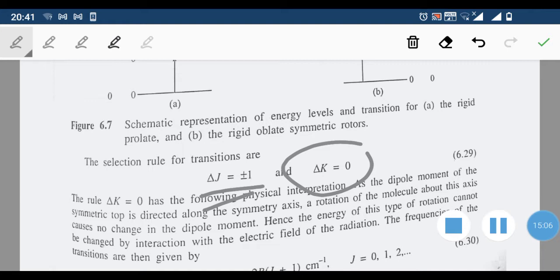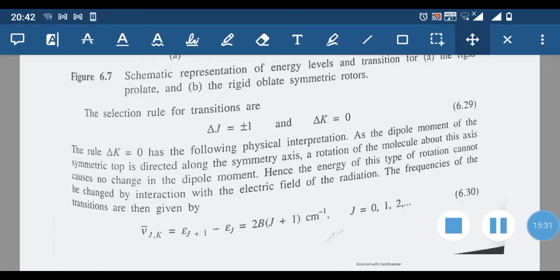The meaning of delta K equal to 0 is as follows. As the dipole moment of the symmetric top molecule is directed along the symmetry axis, a rotation of the molecule about this axis causes no change in the dipole moment. Hence, the energy of this type of rotation cannot be changed by interaction with the electric field of radiation. Delta K equal to 0 means that the K value,